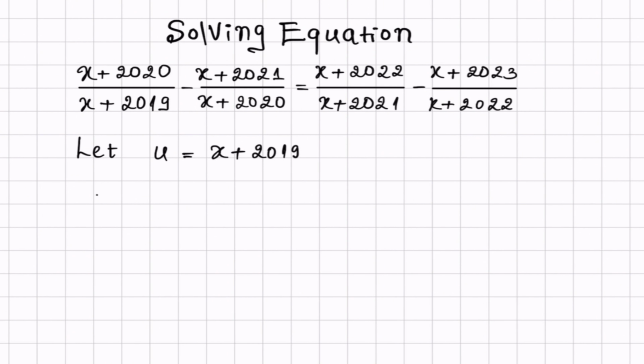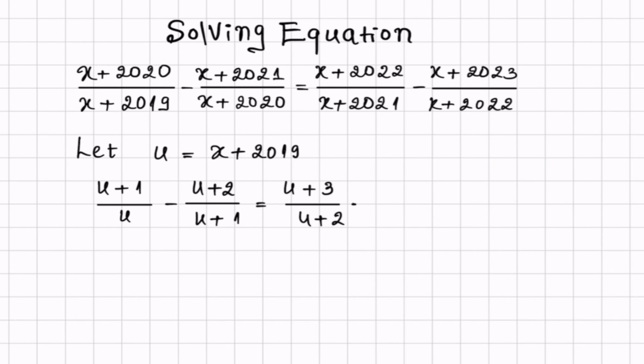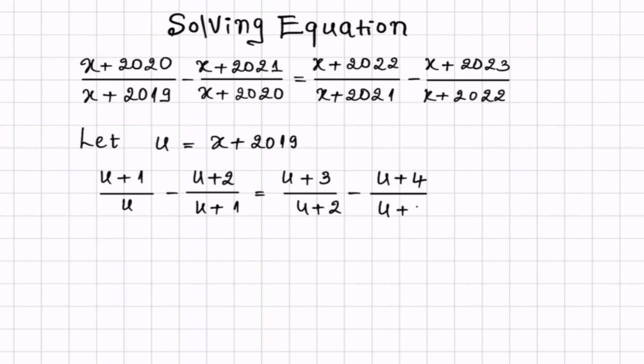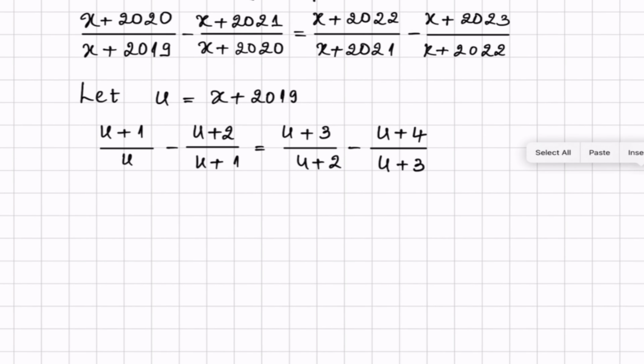2019. So the new equation in terms of u will be (u plus 1) over u minus (u plus 2) over (u plus 1) equal to (u plus 3) over (u plus 2) minus (u plus 4) over (u plus 3). So this still looks difficult, but what we have to do,